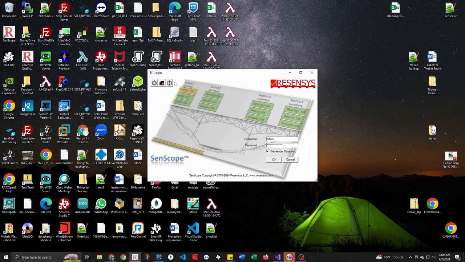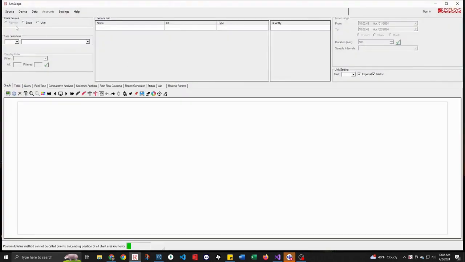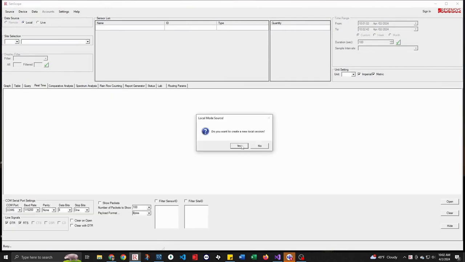So in this video, I'm just going to show you how you can extract the data directly from a local session of SenScope with calibrated readings. So to start, just open a local session. If you have an existing SDF file, you can also choose to not create a new session and open an existing session. I'm just going to create a new one